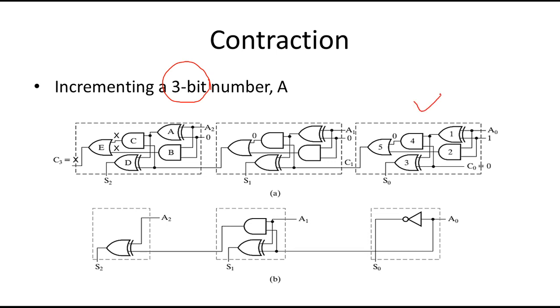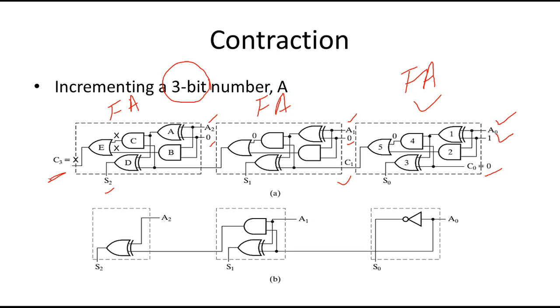So you see we have a full adder. Let me write FA, which takes A0 and 1 and 0 as carry in. We have another full adder. It takes A1 and 0 as input and a carry C1 from the previous adder, and similarly our final full adder adds A2 and 0 and produces S2 and final C3. But we can simplify this structure by using contraction.